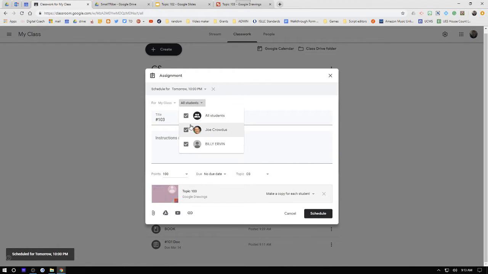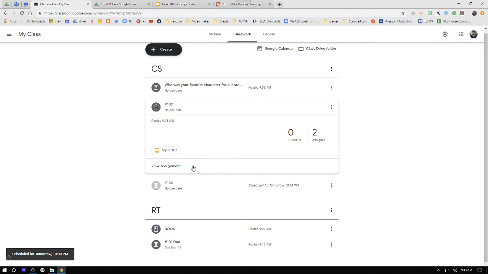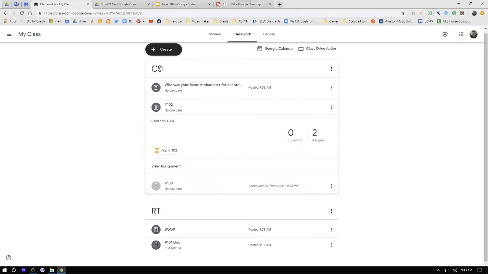Maybe I want to reduce that down to just one of my students, so I differentiate that this student needs an additional assignment for whatever reason. Maybe they're done early and they want additional work, or maybe they need that extra reinforcement. So those are typical assignments that you could throw in. Like I said, you can at any point do a view only, or drop in links for websites, videos,